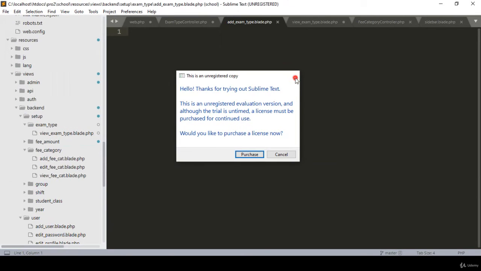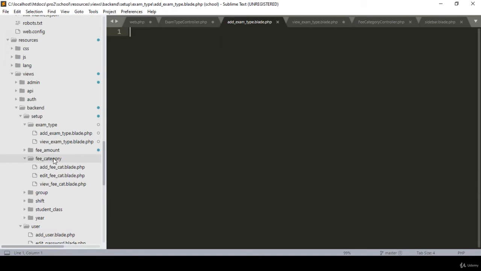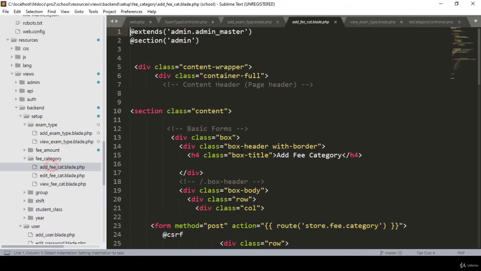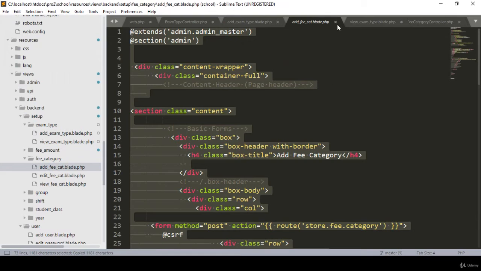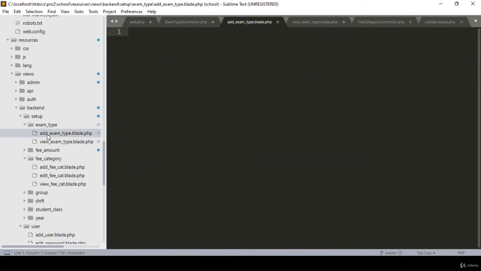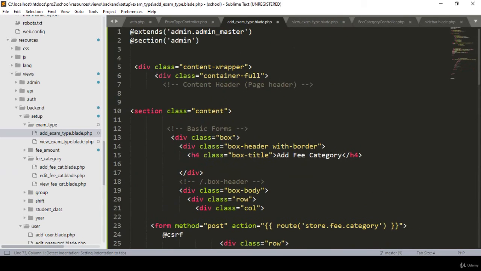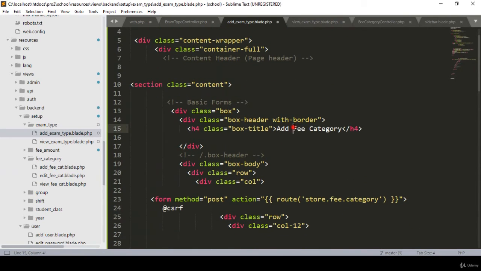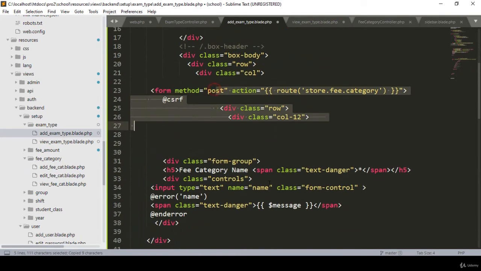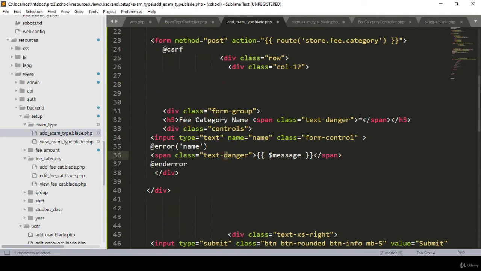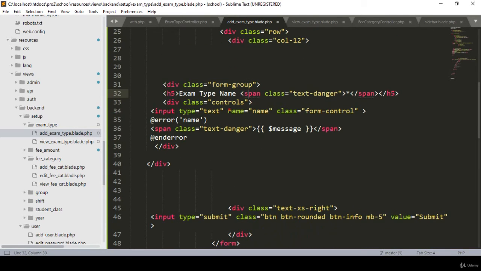Right? So here that will be just like our free category add page. I copy it, I copy the whole thing, and now in our exam add exam blade php, here I paste it. So here we only have to update it, that name will be add exam type, so that will be our add name, that is our post method, that is our free. I want to change it to exam type name, and the field name is the same